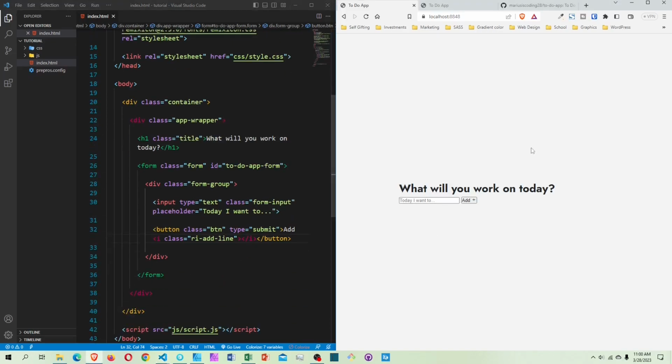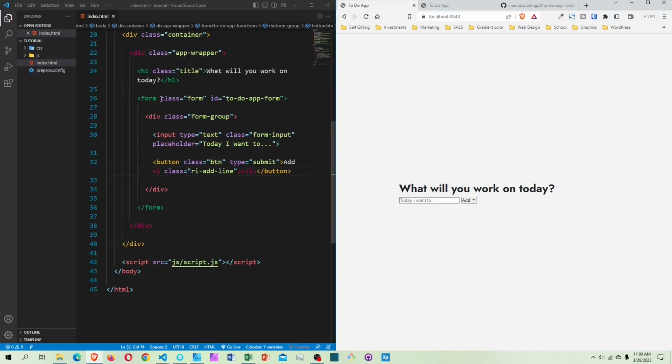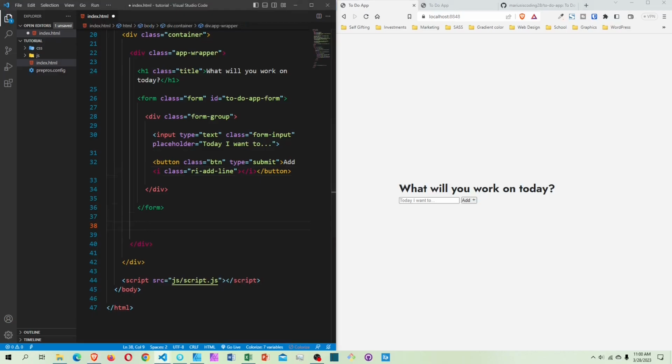so after that one, now I'm gonna start working on the list, so when we add it, it can start showing up on the bottom right here. So after this form, I'm gonna come down here after the form, create a UL element with a class to-do-list, and then give it an ID, the same ID, so to-do-list again. Okay,